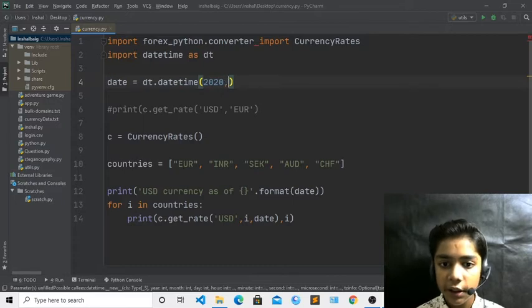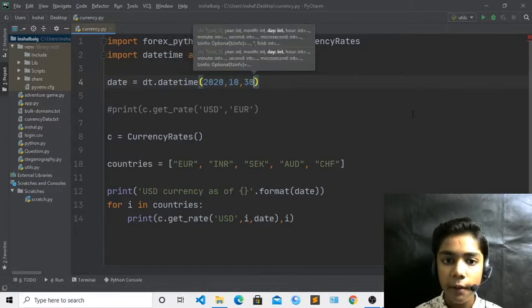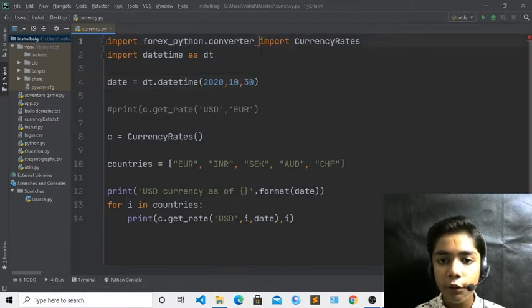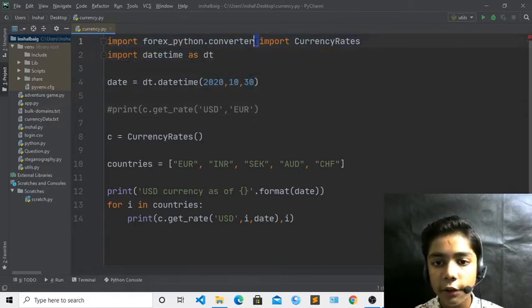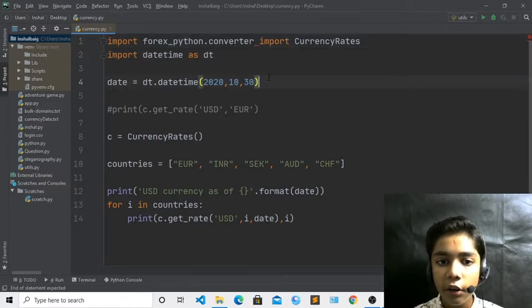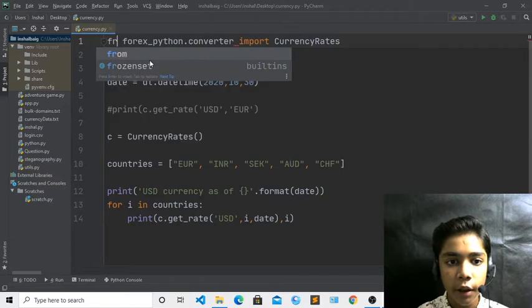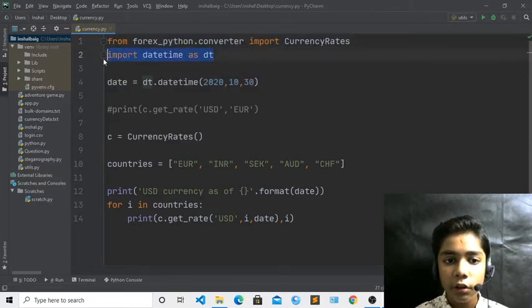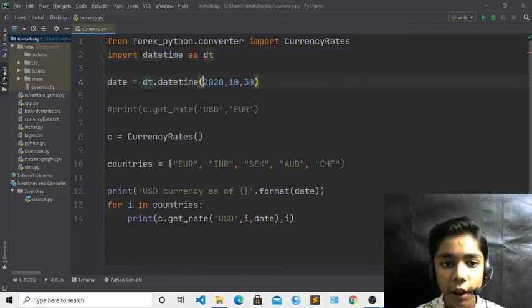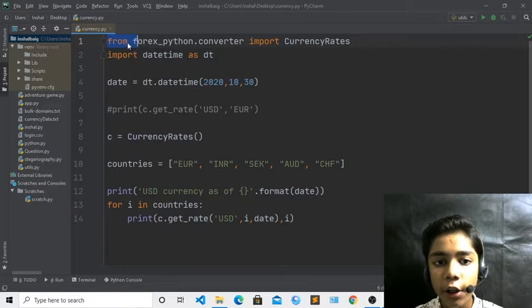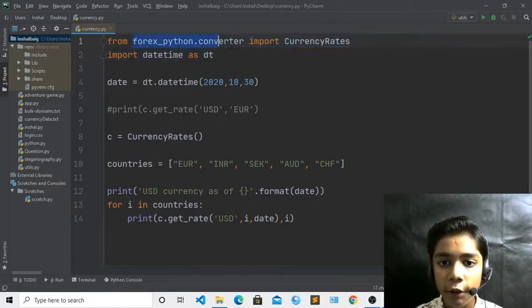So we will write it here like that, and 30 over here. Now if I have done till here, you can see I have also defined my date, import forex-python.converter, which will be imported over here. And now if you write from over here, we will define from. We have defined our work till here, import datetime as dt is also defined with the dt tag. You have to write from over here, because we are converting it from forex-python.converter, which will be imported by currency rates. So we are also importing our currency rates, so we have to do it like that.